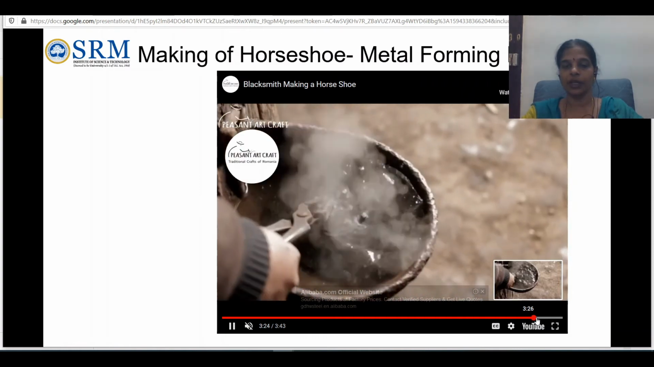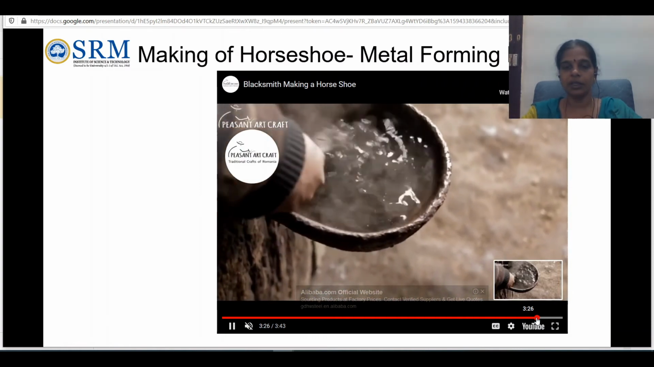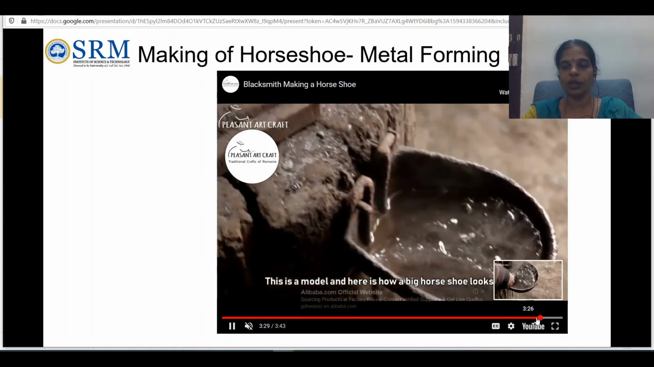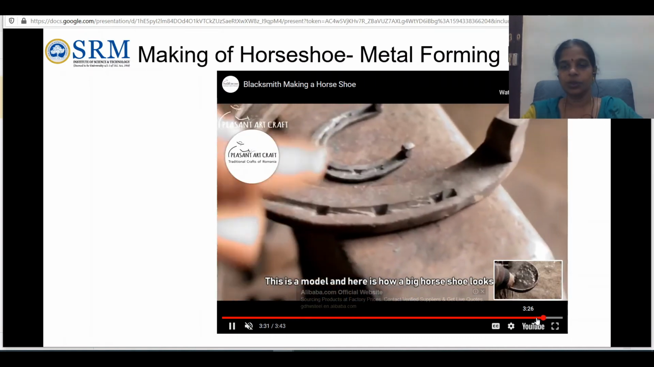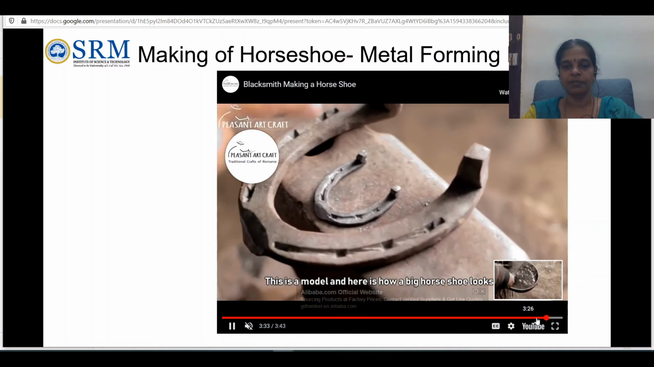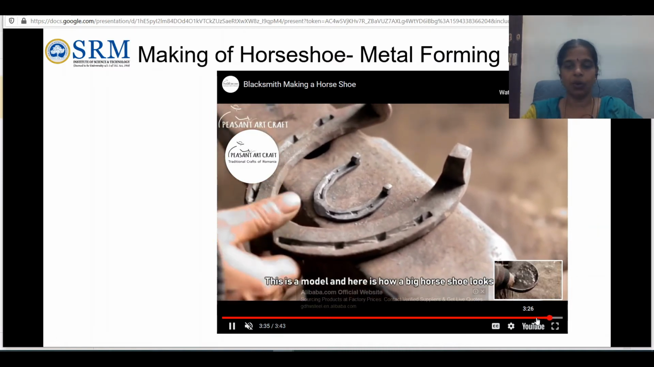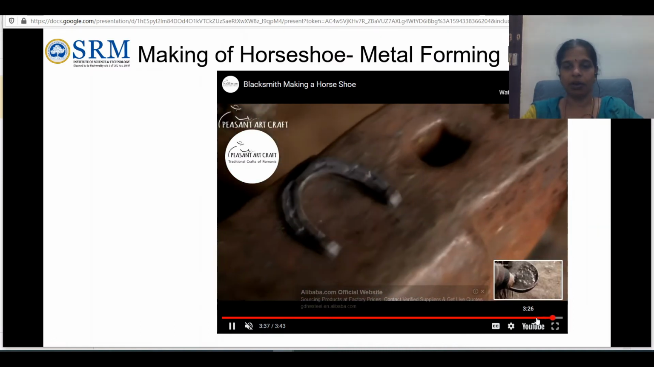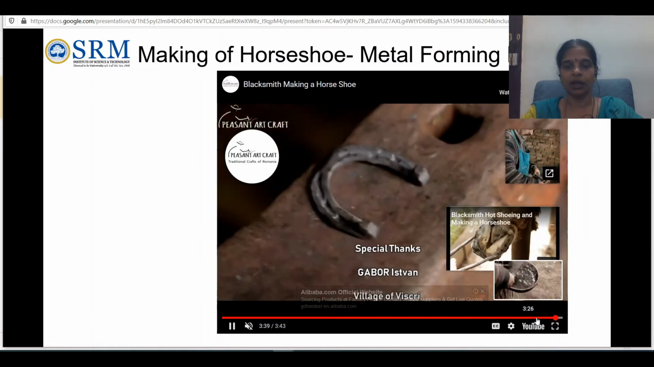And at last he is putting it in the water. This is called a quenching process. In order to improve the strength, he is doing that. So now he got the horseshoe ready. So I hope you understand now what is the metal forming process. It is one of a